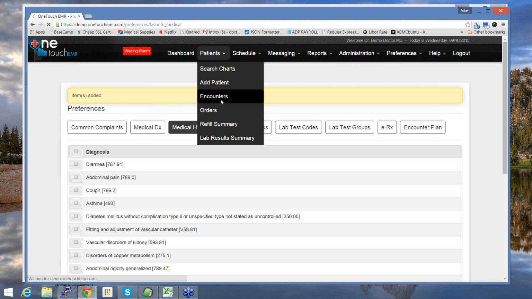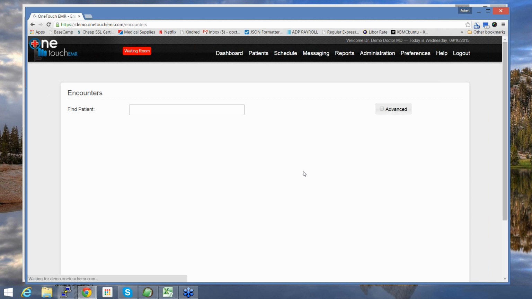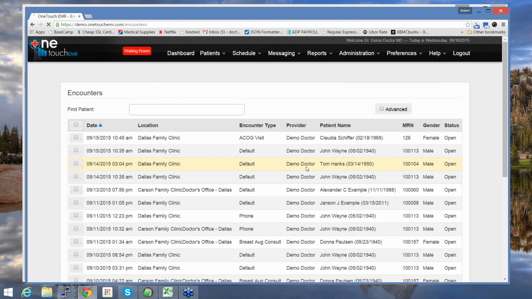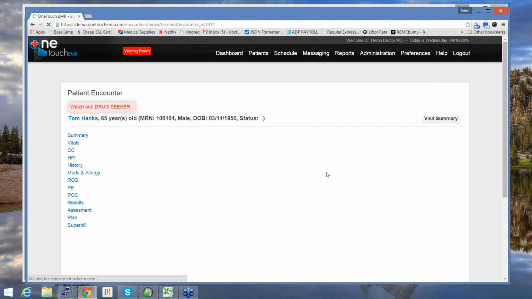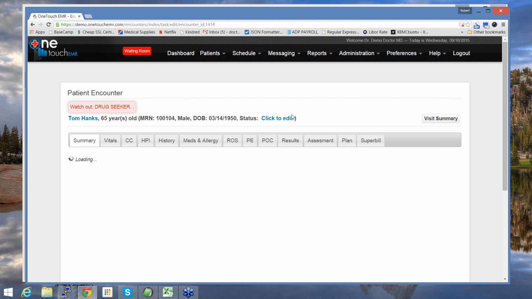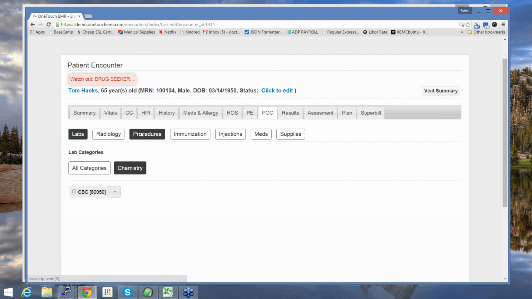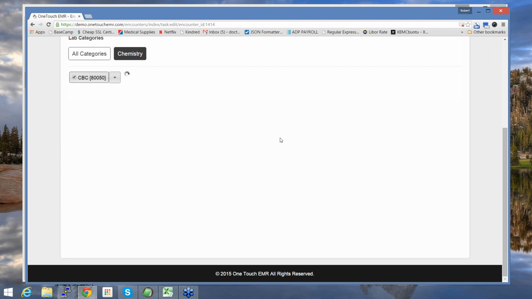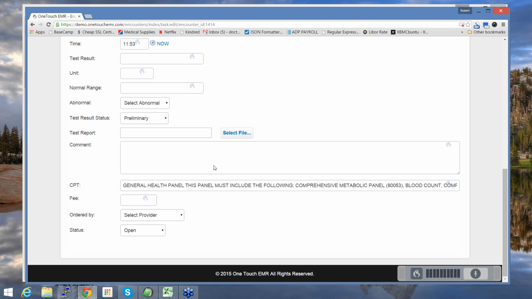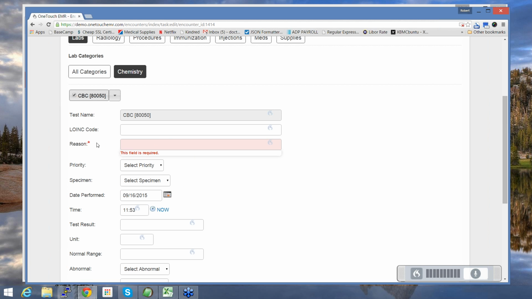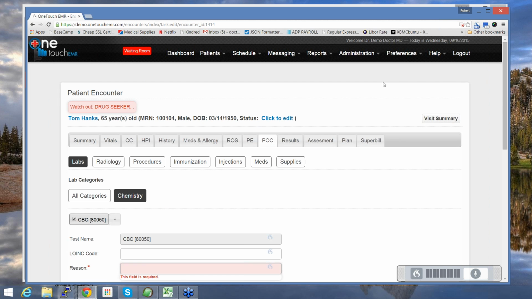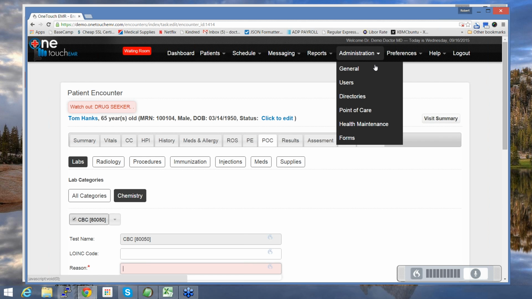Lastly, I'll mention that in the encounters area, you have the point of care items, and those are the procedures or injections or things like that that you're actually doing in your practice during your encounters. And these will also need to be updated, this entire area. So this is another area that you don't want to overlook. And right up here, you can predefine your code ahead of time, and that would be under the administration, point of care,